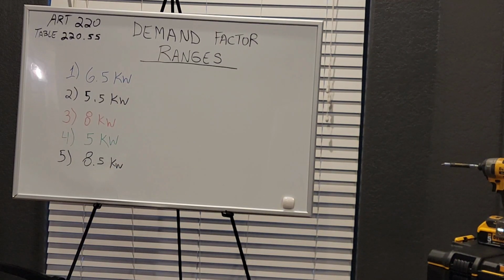Okay, so what they're saying right there is that where the rating of cooking appliances falls under both column A and column B, the demand factor for each column shall be applied to the appliance for that column, and the results added together. All right,